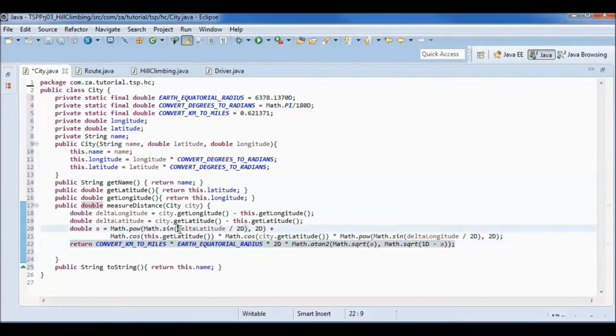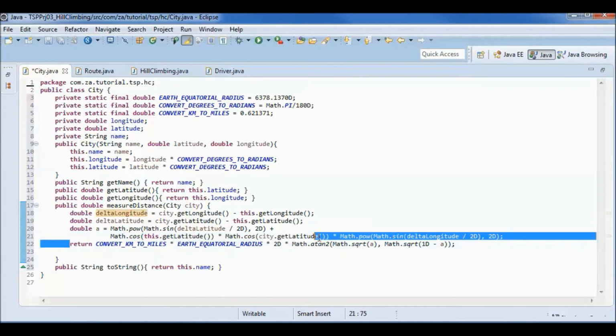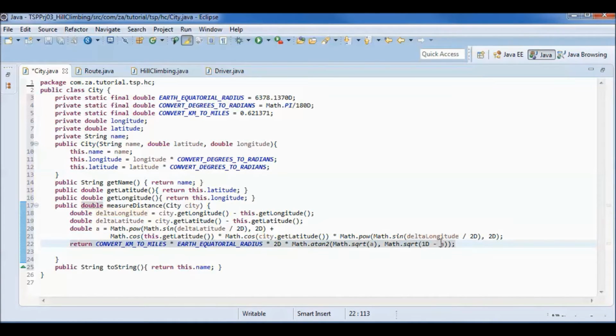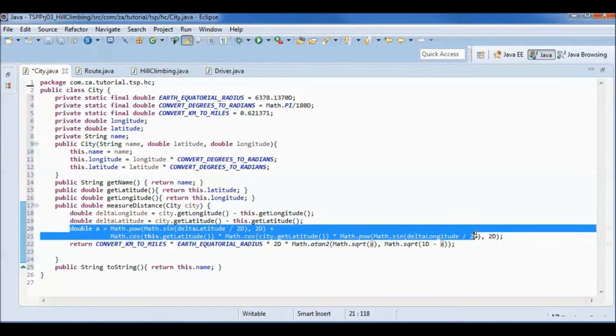So here we are using the delta latitude and the delta longitude, and here we are using the result of this.